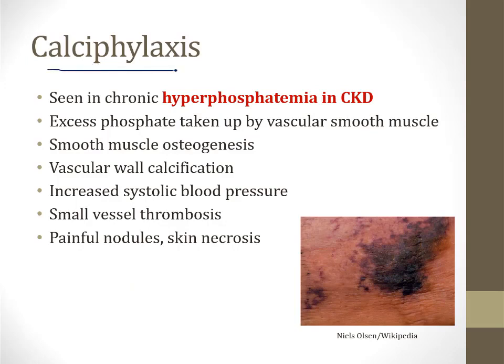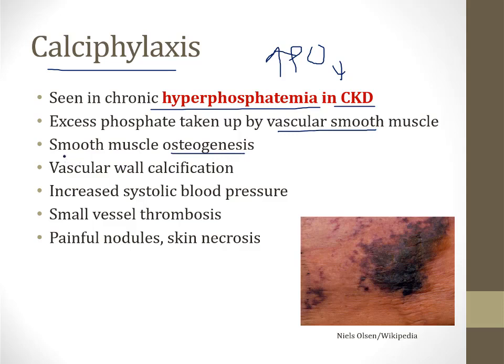The first one is calciphylaxis. This is something that is seen in patients with chronic kidney disease, especially patients on dialysis who have hyperphosphatemia. In the renal section, I talk about how patients with chronic kidney disease often develop an increased level of serum phosphate. When this happens, the phosphate can be taken up by vascular smooth muscle cells, and essentially bone formation or